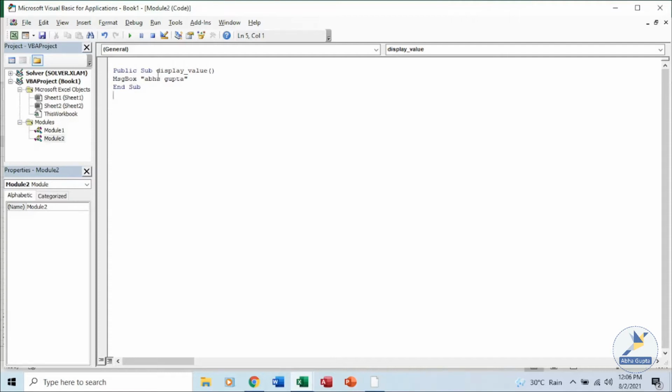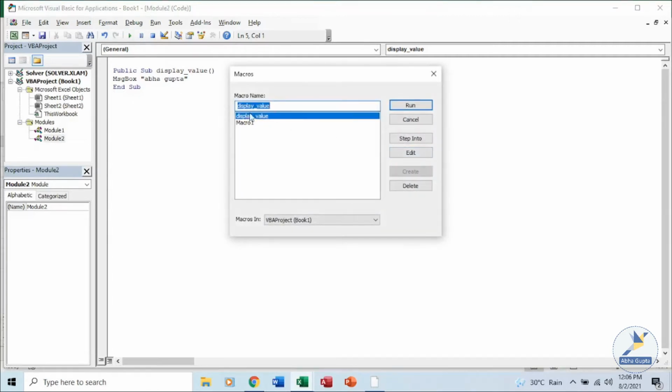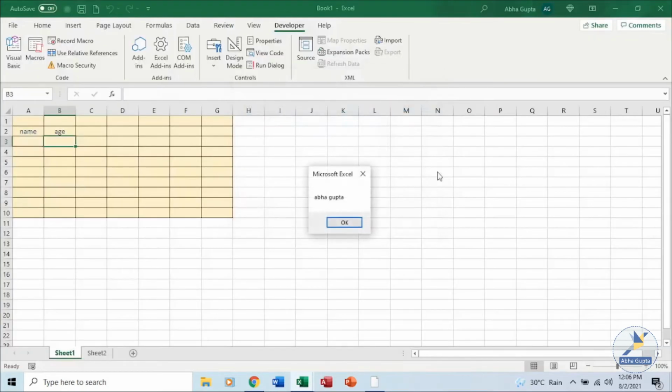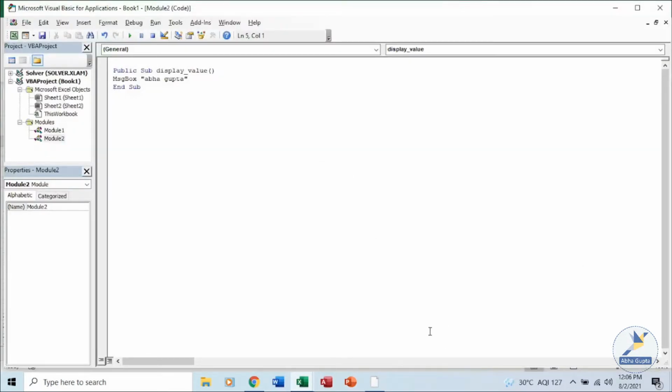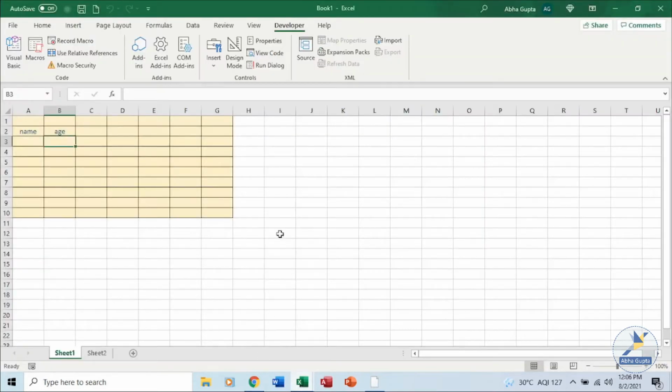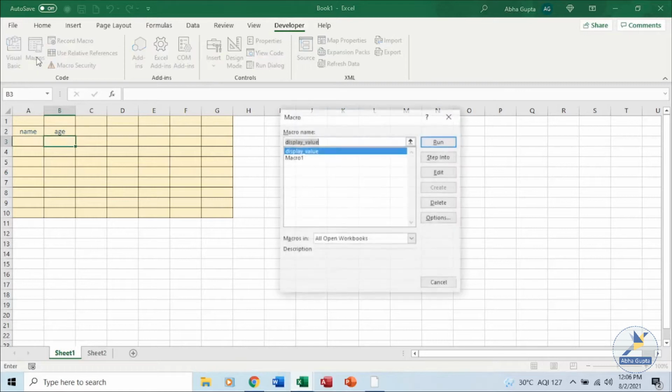Now you can run the macro from here. You have the run button over here, or you can go to Excel and run the macro from there also. Let's run it from here. Click on run. The same macro dialog box opens for you, and you have to choose which macro you want to run, and once you have selected it, click on run. You can see the name being displayed. You can click on OK. You are taken back. You can go to Excel also. There also you can go to your developer and select the macro.